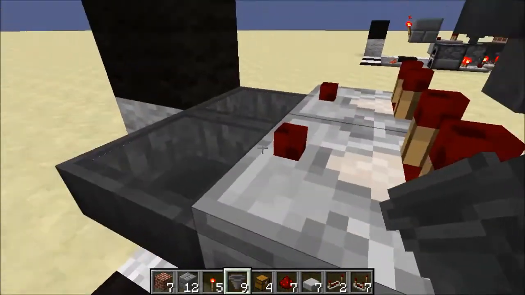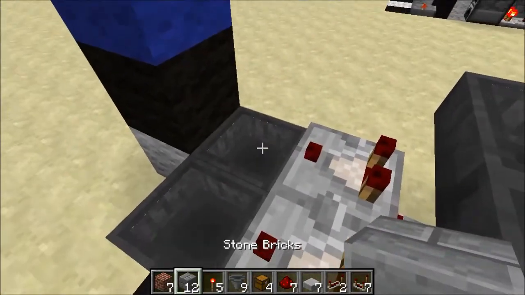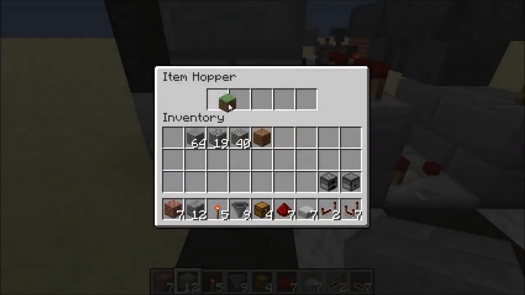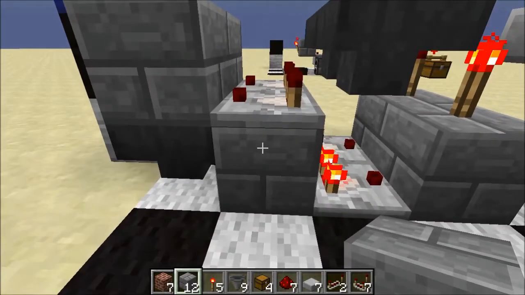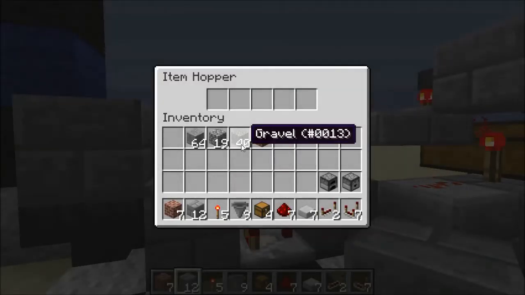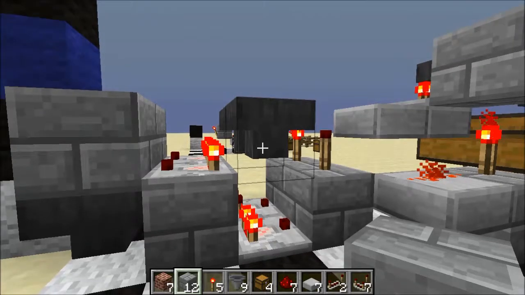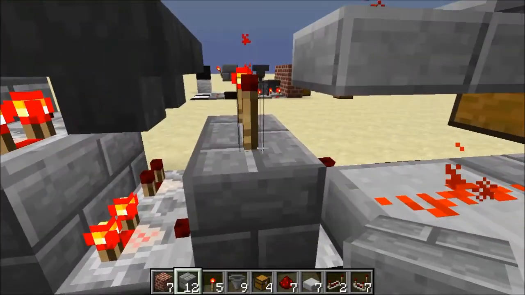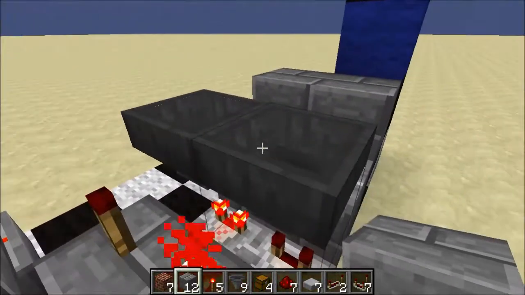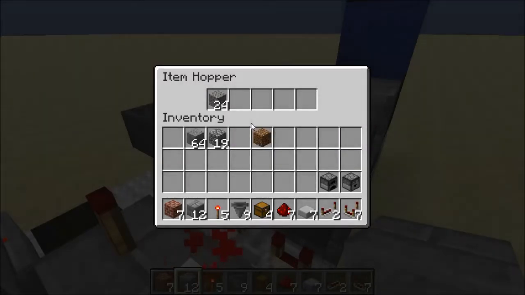Okay, and then we'll put blocks of choice here and here. Now you'll need 1 item in that set of hoppers right there, and then this is the part where you start configuring it. On the example over there, I've got 40 items in here, and that is going to give you a time of 18 seconds